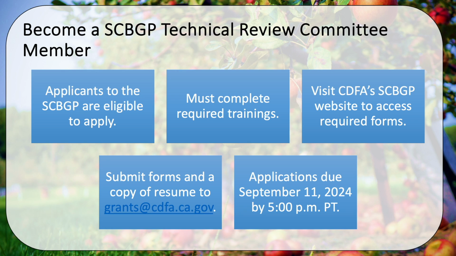Technical reviewers are required to complete ethics and sexual harassment prevention trainings, as well as Form 700, assuming and leaving office. TRC members will also review and provide feedback on assigned proposals. The TRC will meet 3 times within the grant cycle, once for an orientation webinar, and then twice to discuss applications and determine final scoring of proposals. This will occur once during the concept proposal phase and once during the grant proposal phase.